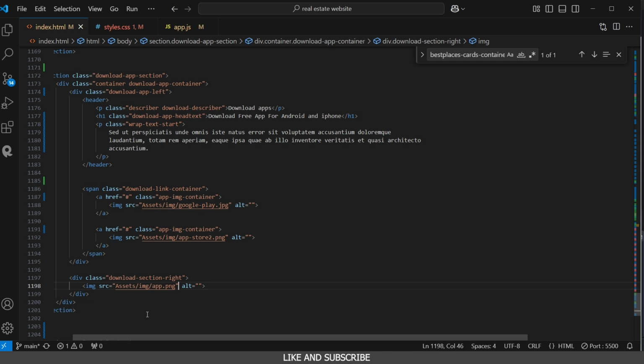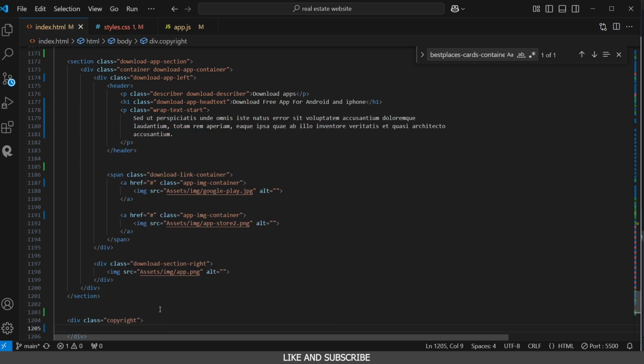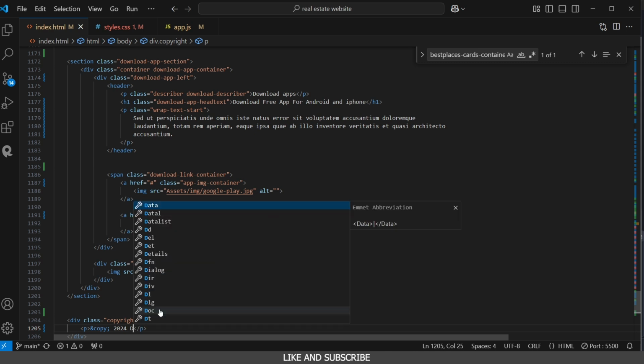So to create our copyright section, what we need is to come down here and create a div, and it's going to have a class. The class here is going to be copyright, and in here we're going to have a p tag. The text in here is going to be the and sign, and copy, and copy. Then we're going to type in our text, which is